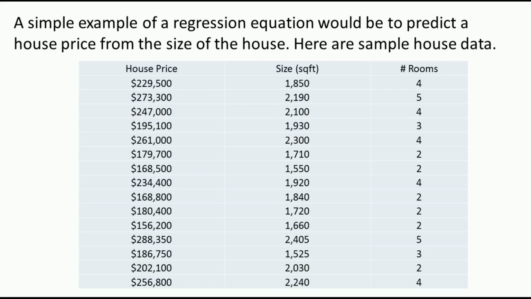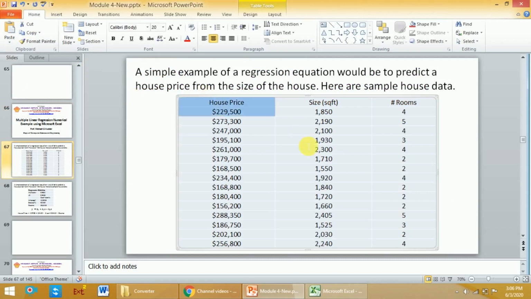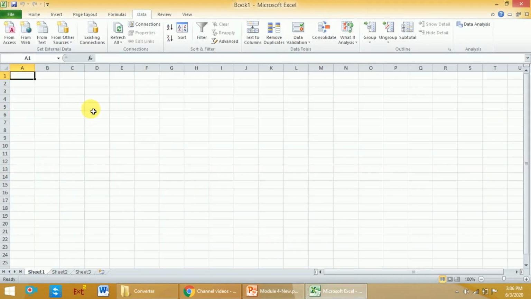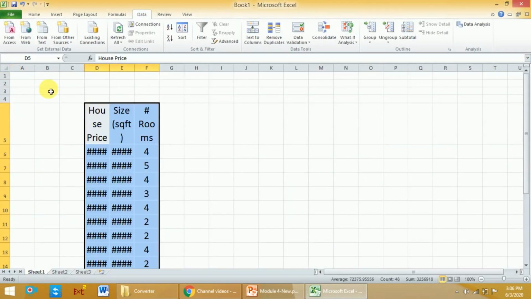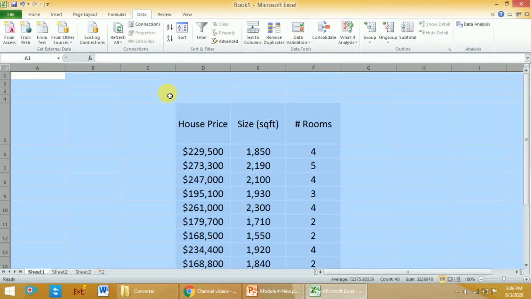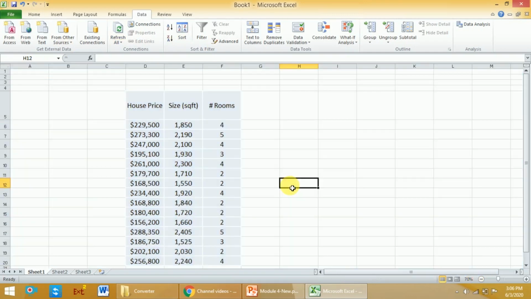So I'll just open Microsoft Excel and copy this data into Excel. First I will select this data from here to here, including the dependent and independent variables. I'll open Microsoft Excel and copy it here. Then adjust the width over here so that you can visualize it properly. Okay, so this is the data given to us.